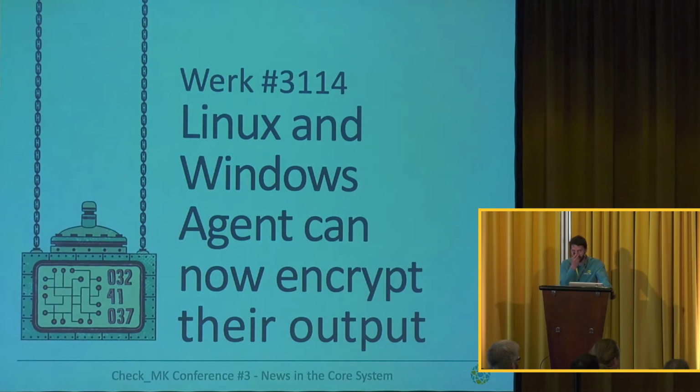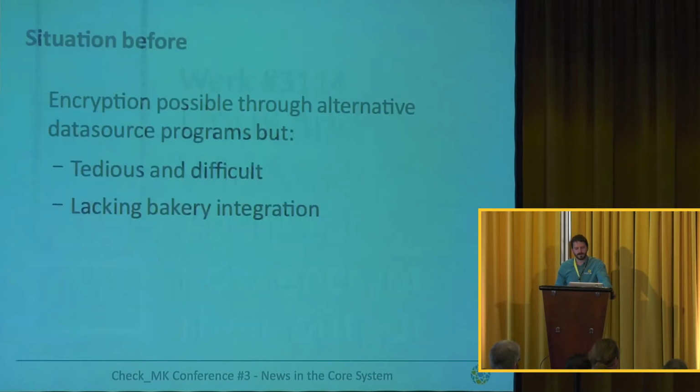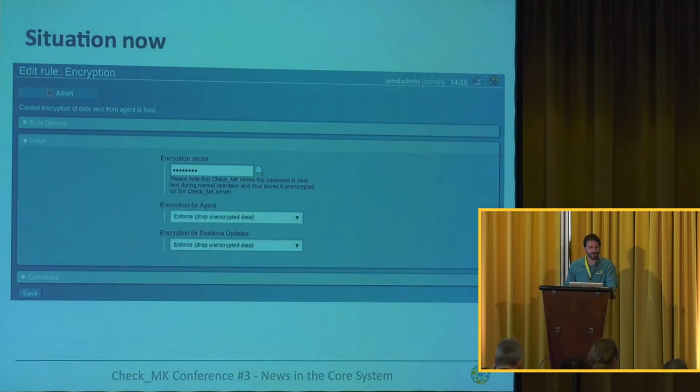Final step in this field is the agent encryption. When did that happen? Actually, not long ago. One reason is the real-time checks that we heard before. Before that, I could somehow have an encrypted access to my agent if I did everything manually. But then I have to do everything by hand, and it's not integrated into the bakery either. But now, simple solution, there's one rule encryption. I can create a passphrase,